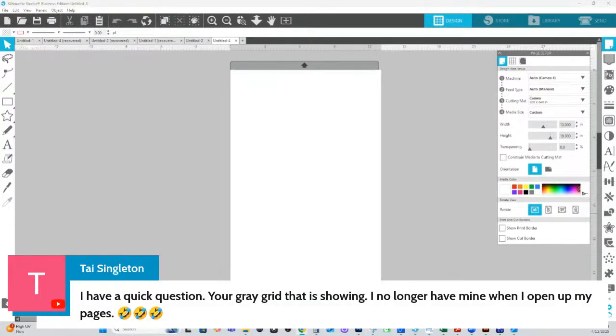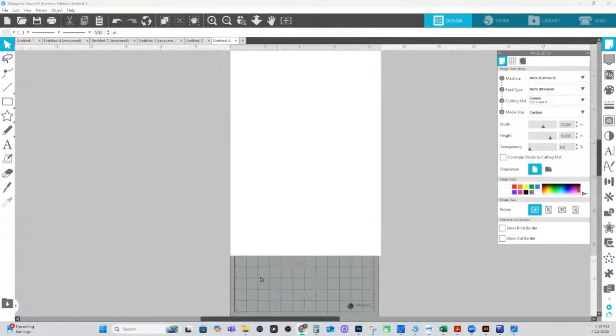Okay, so I have a quick question. Your gray grid that is showing, I no longer have mine when I open up my pages. What gray grid? You mean the mat? So